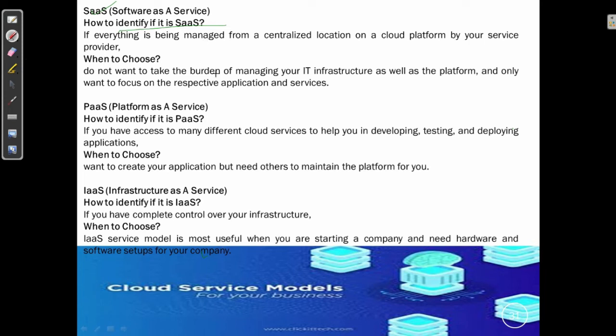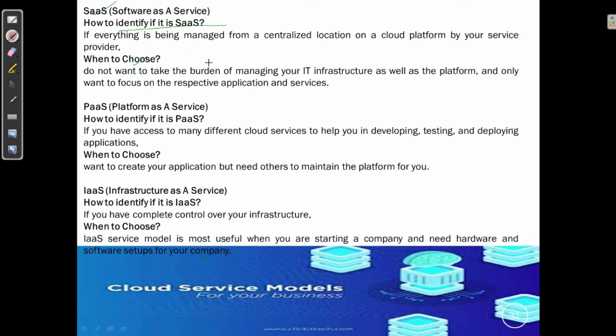We can see if the application is hosted on a remote server to which the customer is given access through web-based connectivity, then it is likely to be a SaaS. So we have services that are running on remote machines, and you are simply using them. You are not configuring it. You are not managing it. Then it is a SaaS service you are using from the cloud.